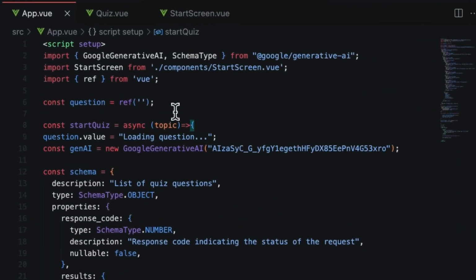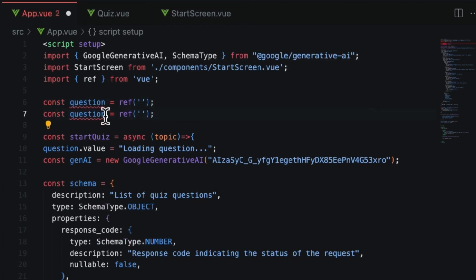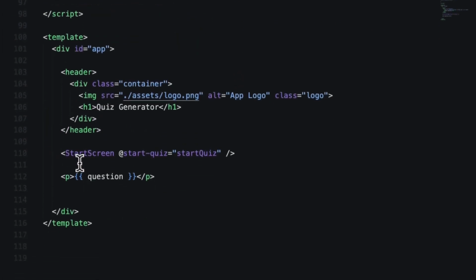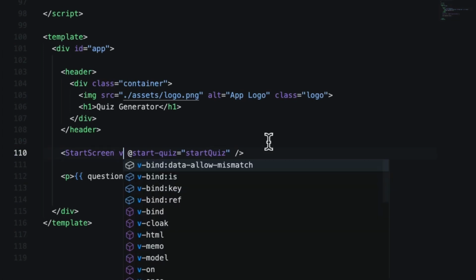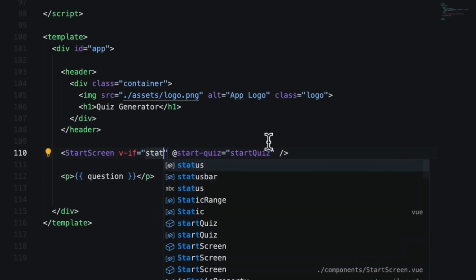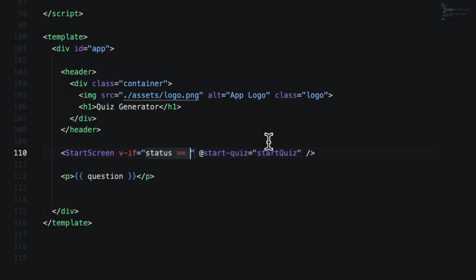I'm going to scroll up inside the app component, and I'm going to create another state variable. I'm going to call this one status. And this is going to start with a value of start. So what we're going to do here is the following. We are going to decide which screen is going to show based on that status. So right here, I'm going to add a v-if. And this component is only going to show if status is